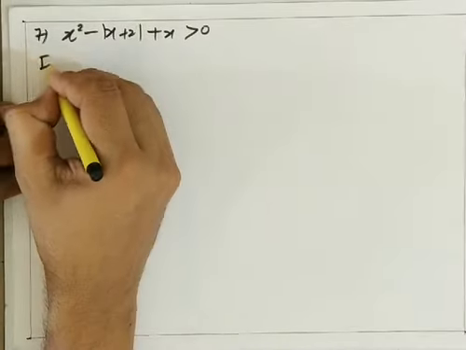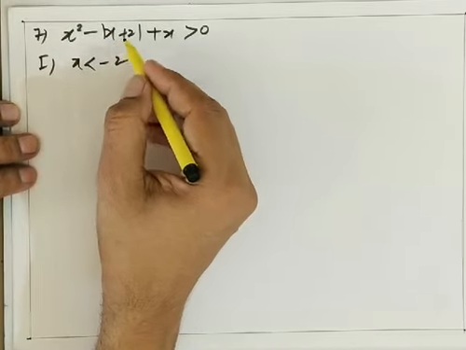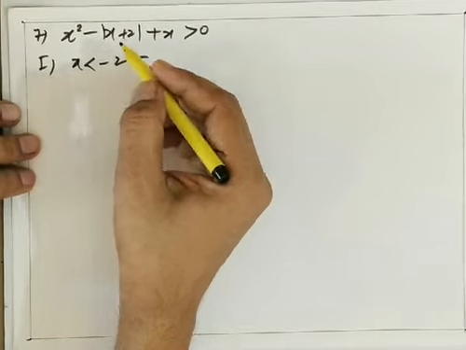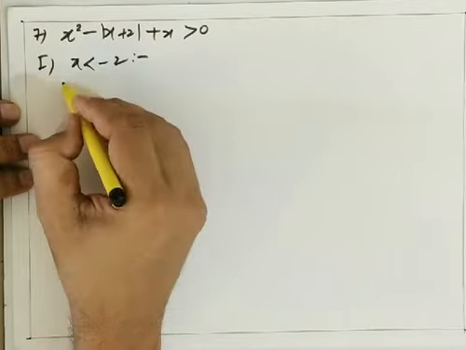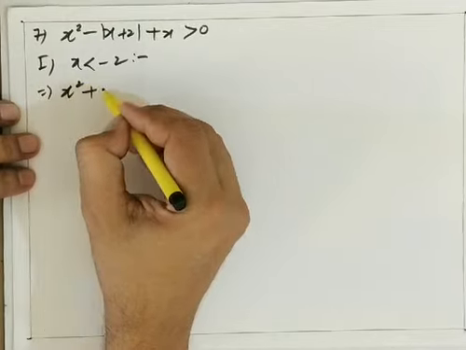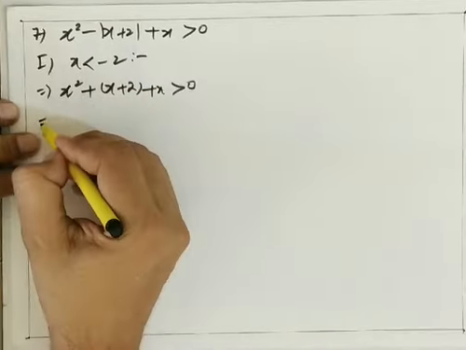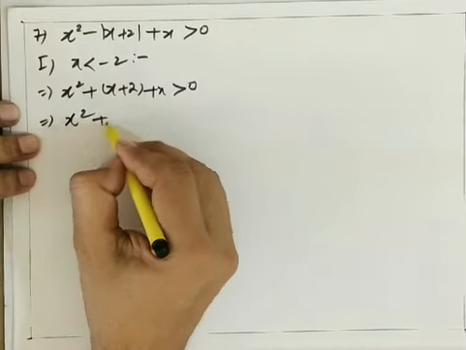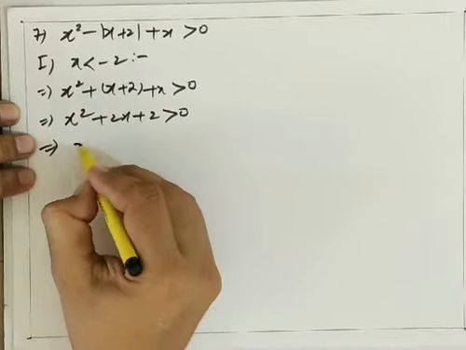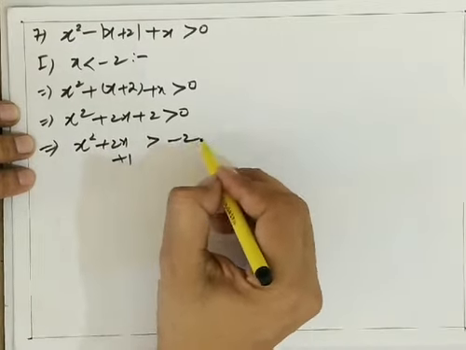The case 1 was x is less than minus 2. So if I put minus 3 over here in this interval, I will get minus 3 plus 2 as minus 1, and mod of minus 1 is plus 1. That means I'll have to put a minus sign outside the modulus. So this will give us x square plus, because minus was already there, plus x is greater than 0. So that is x square plus 2x plus 2 should be greater than 0. So that means x square plus 2x should be greater than minus 2. Let me add plus 1 on both sides.